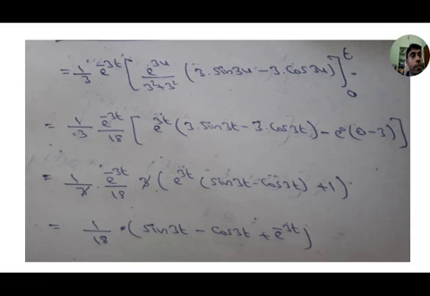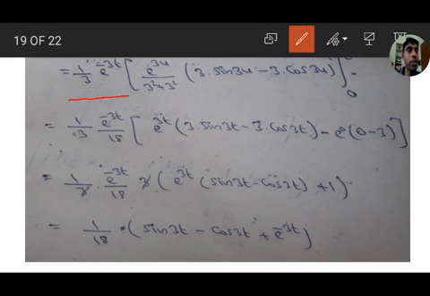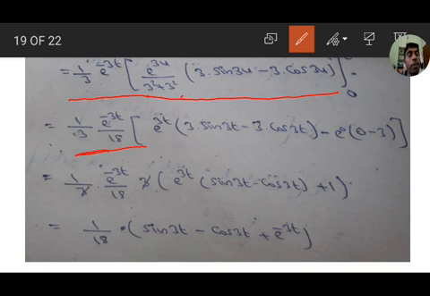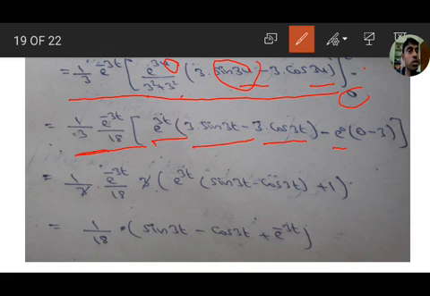So simplify. This is the last step, 1 by 3 into this simplification. 3 square plus 3 square means 18, so 1 by 18 is outside, with 1 by 3 into e to the power of minus 3t. For the upper limit, if you substitute t in the place of u, we get e to the power of 3t, 3 into sin 3t minus 3 into cos 3t. For the lower limit, if you substitute 0, e to the power of 0 is 1, sin 0 value is 0, so 3 into 0 is 0, cos 0 value is 1, 3 into 1 is 3, minus 3. Minus of minus gives plus 3 here. So overall 3, 3, 3.